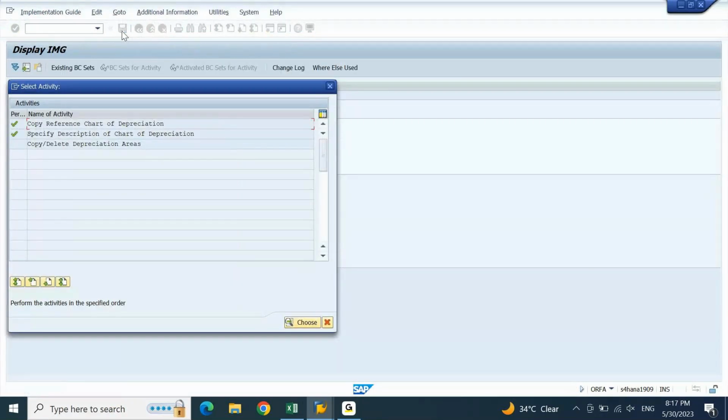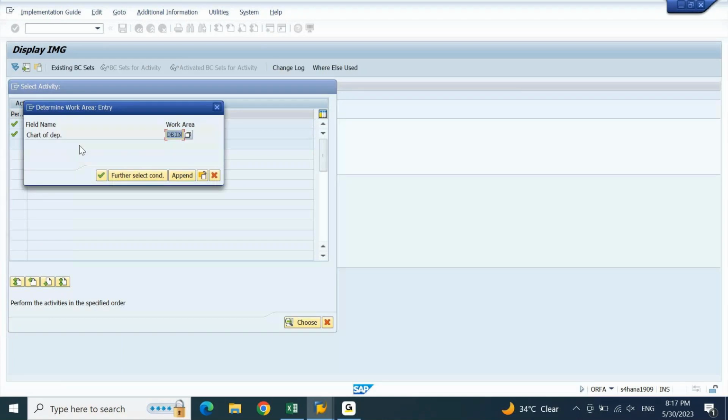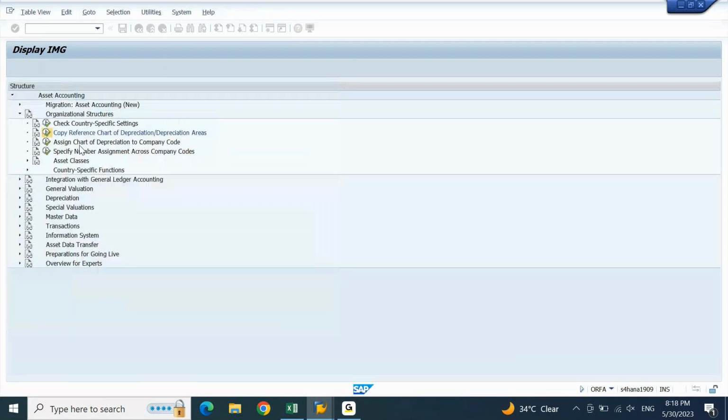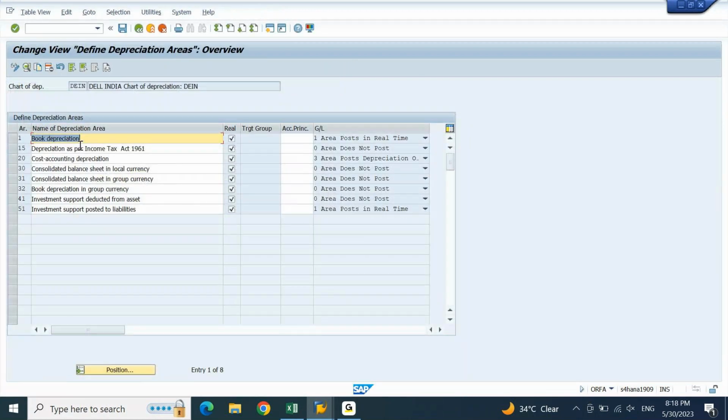Next one is copy delete depreciation areas. Double click on this. Make sure you are able to see your chart of depreciation here. Sometimes there may be a different chart of depreciation here. In that case, you have to change your chart of depreciation. Put your chart of depreciation, go inside. Here you are able to see there are 1, 2, 3, in short 8 depreciation areas which are predefined in India.